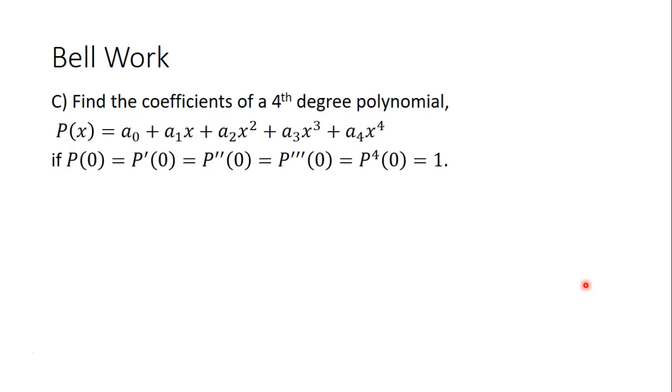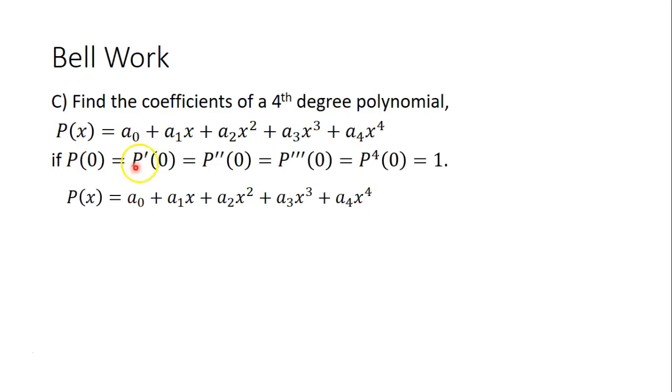So what we have here is a 4th degree polynomial, and I increased the powers. We talked about this the other day. We said generally you see these in the opposite order, right? You see the 4th degree, then the 3rd, 2nd, the 1st, and then the linear, or the constant. But since we're talking about infinite series and they're getting bigger, it makes sense to start with the constant and then grow. So in this case, what I'm going to do is I'm just going to plug 0 into the